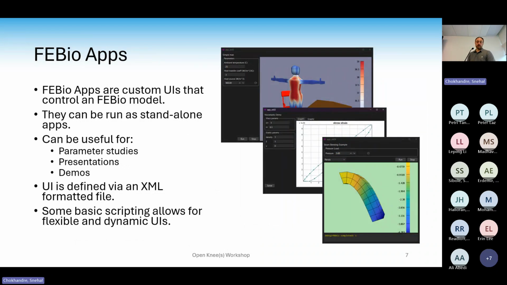So finally, also in the spirit of customizing your workflow, FEBio now has these things called FEBio apps, and these are just custom user interfaces that you create, you design through an XML file at this point. And it can run FEBio in the background. So you basically create your custom UI to your specific finite element models,